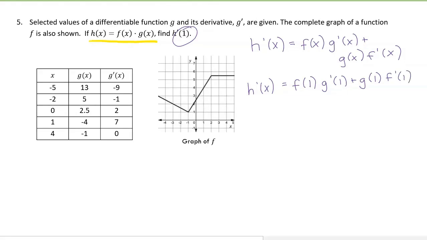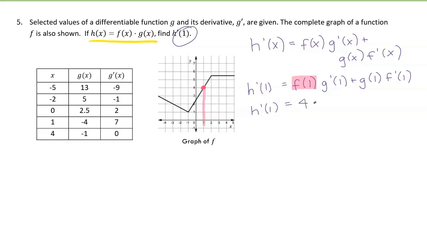Now I just have to plug in all these values. Some will come from the graph and some will come from the table. First, f of 1. This is from the graph, and I'm just going to go up here where x equals 1 and find where it intersects. And it intersects at 4. H prime of 1 is going to be 4 times